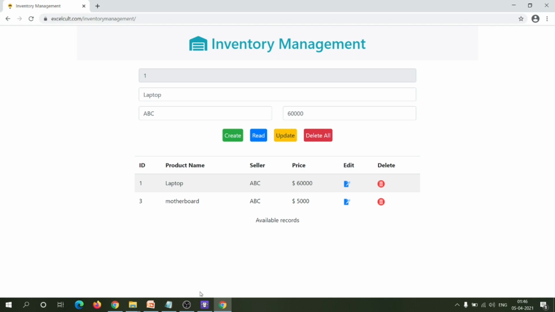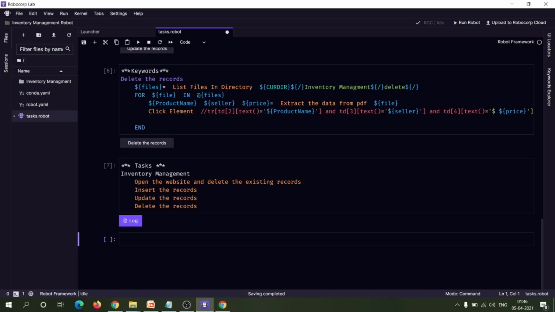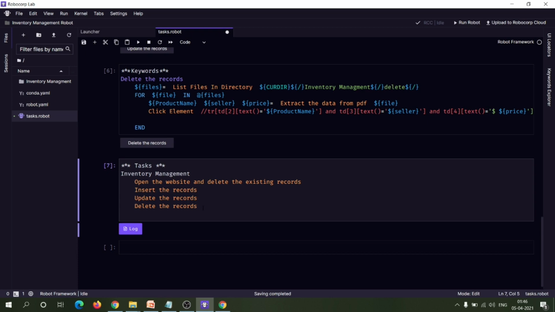Okay, so let's do that. For that we can define the step, take the screenshot. Okay, so now we have to define this keyword, take the screenshot.